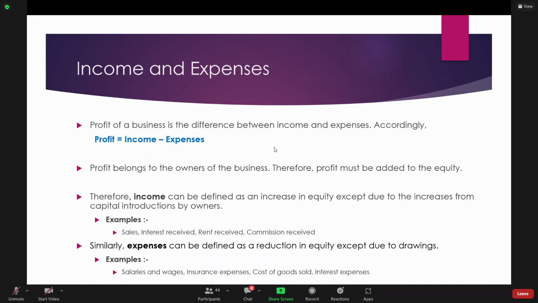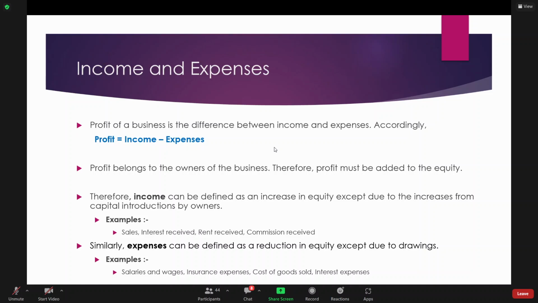You don't have any amount right now, and today you find a good job, and after 1 month's time you are getting your salary of 100,000. Let's say that is your income. Then within that month, till you get your next salary, you are spending that 100,000, and now we have spent 80,000 rupees within that 1 month. So your income for that period is 100,000 and your expense for that period is 80,000, so your profit is 20,000. It's not profit actually, but when it comes to a business